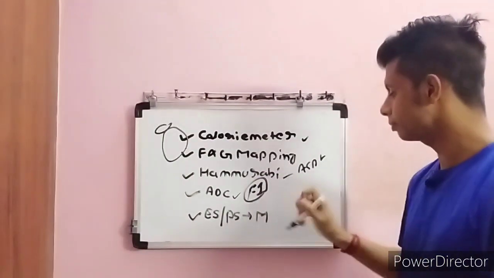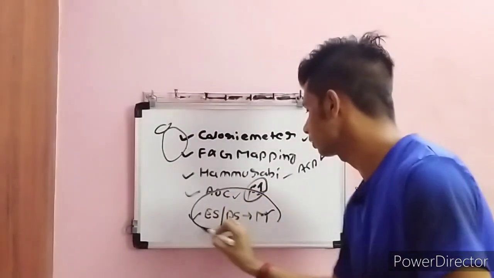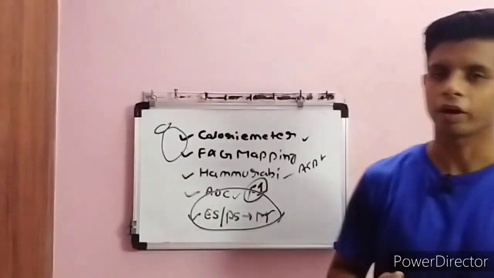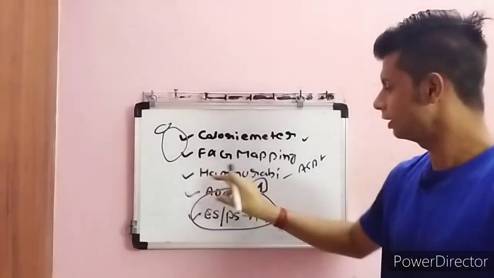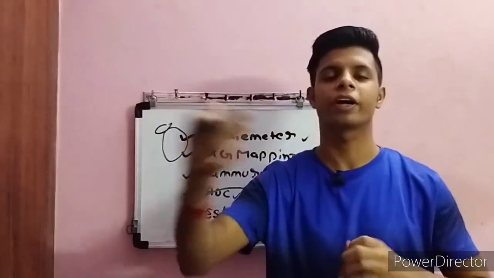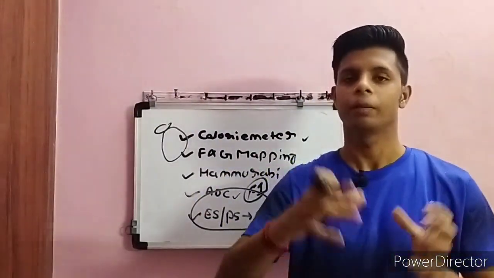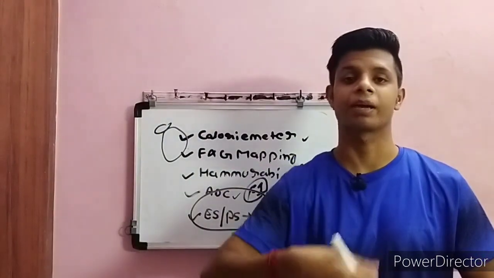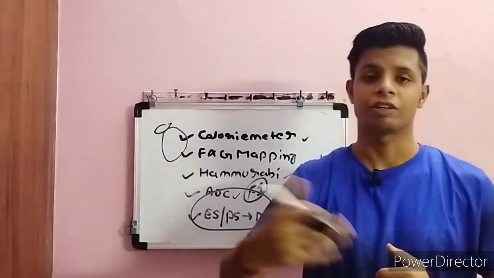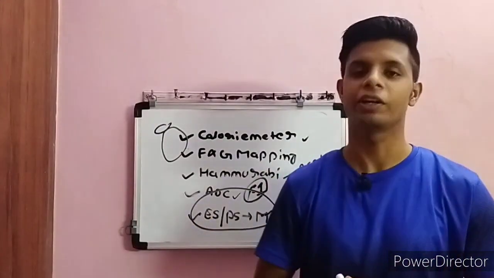Okay, the last one, guys, is ES, PS and M. But before going to that, we need to understand one more thing: ADC is operated by the Fire Investigation Department, because you cannot find any ADC running on the road that you can directly take and involve in fire investigation activities. They are properly trained.